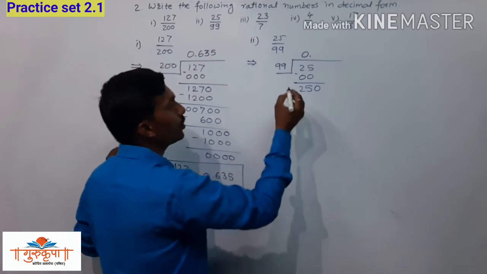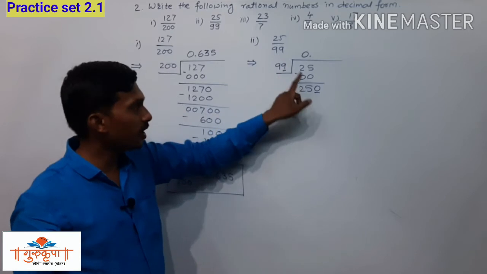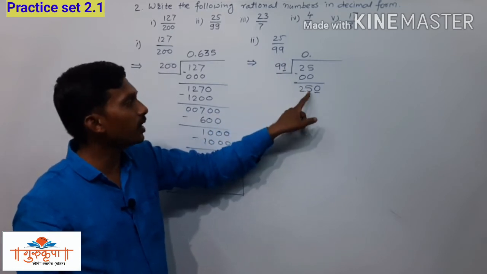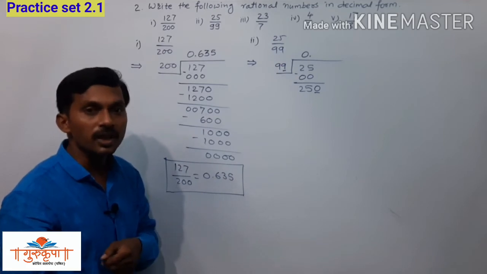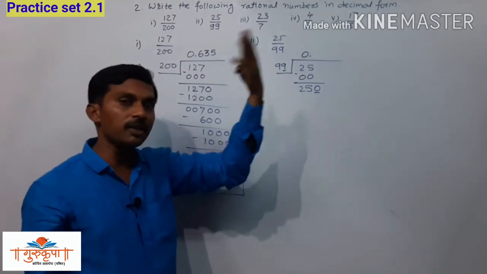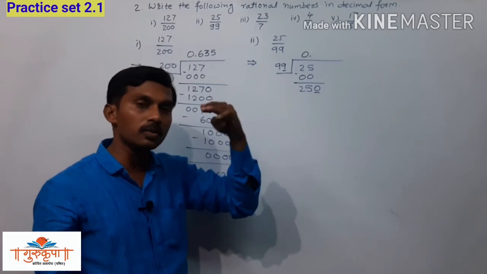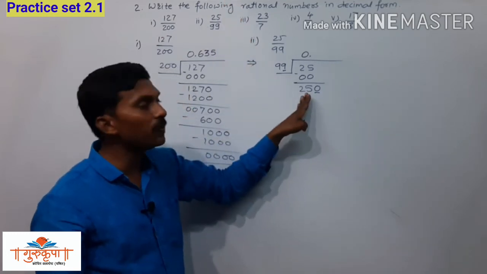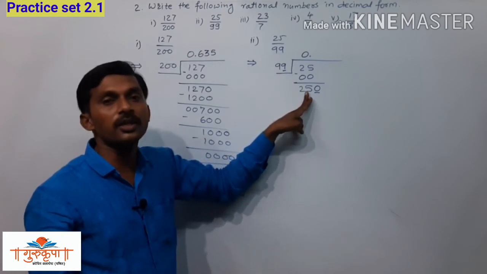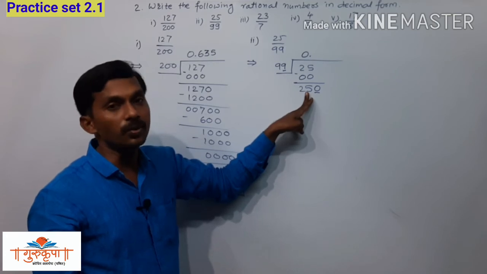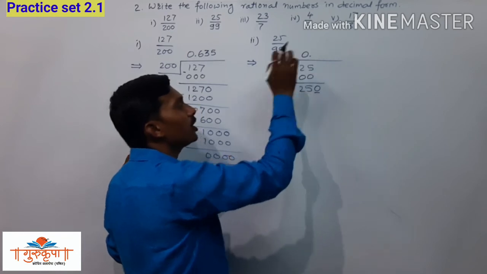So here what we have to do is skip one digit now. From here and from here we skip one digit, and now we have to divide 25 by 9. 9 2s are 18. 9 3s are 27. We are getting forward. 9 3s are 27 means we are getting a number more than 270, and we have only 250 here. So 9 2s are 18. Now here the possibility of getting quotient 2 is there. So we will check what is going to happen if the quotient is 2.